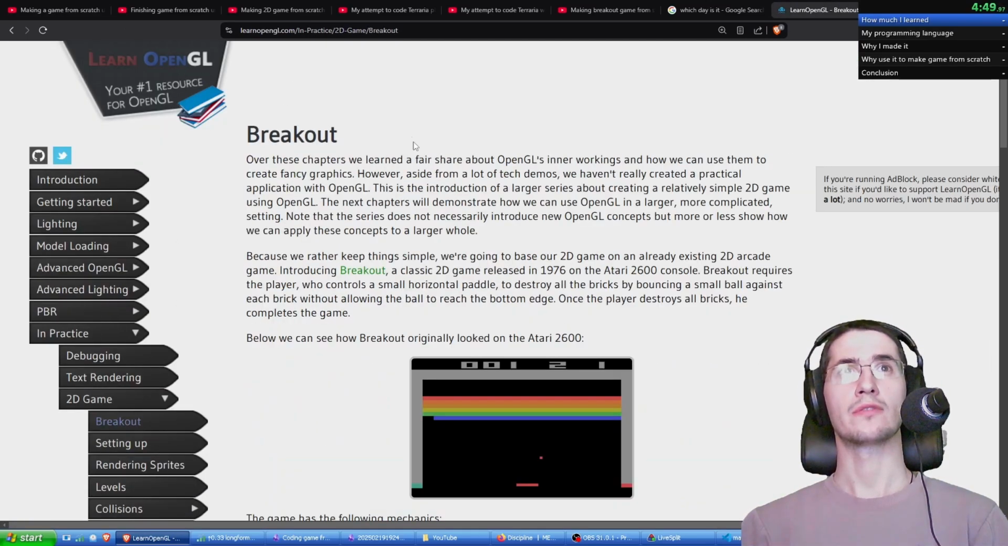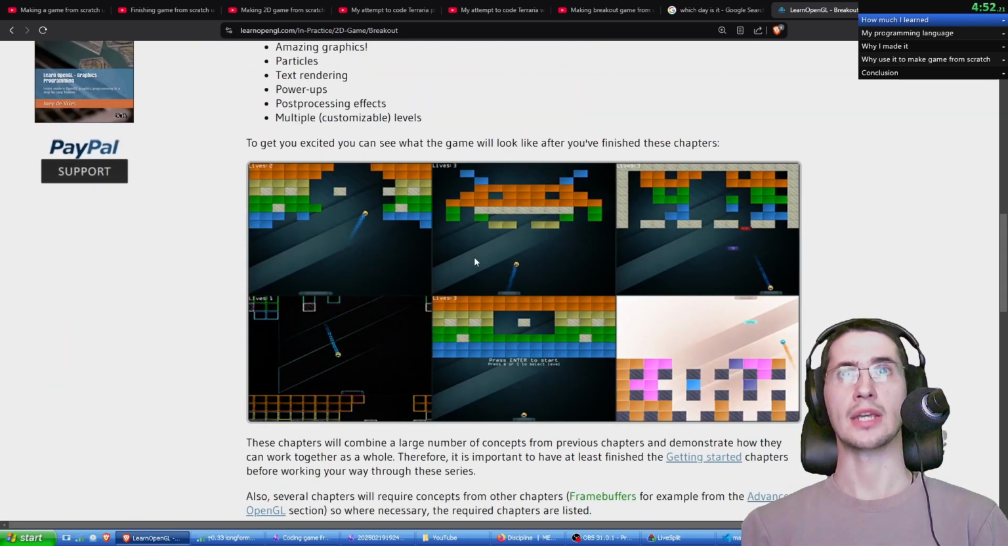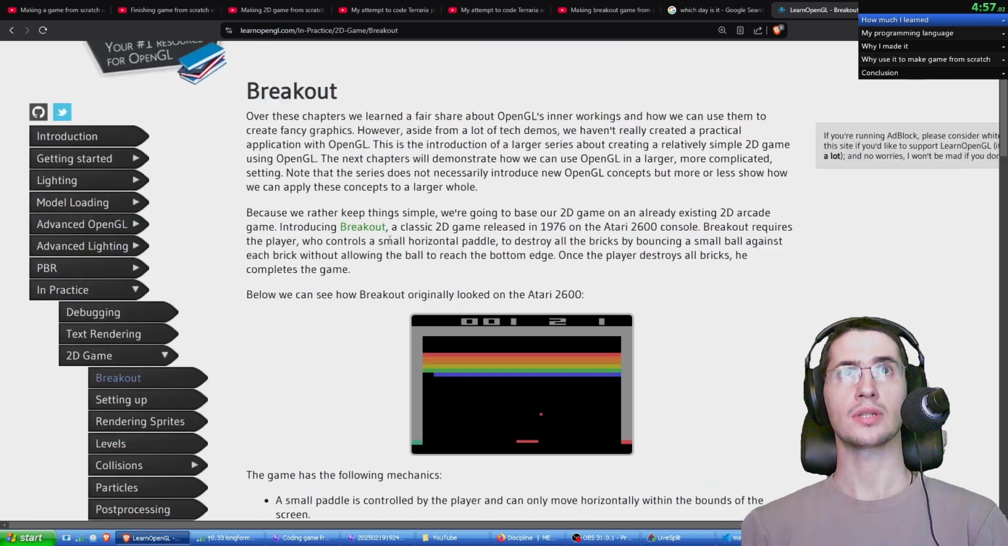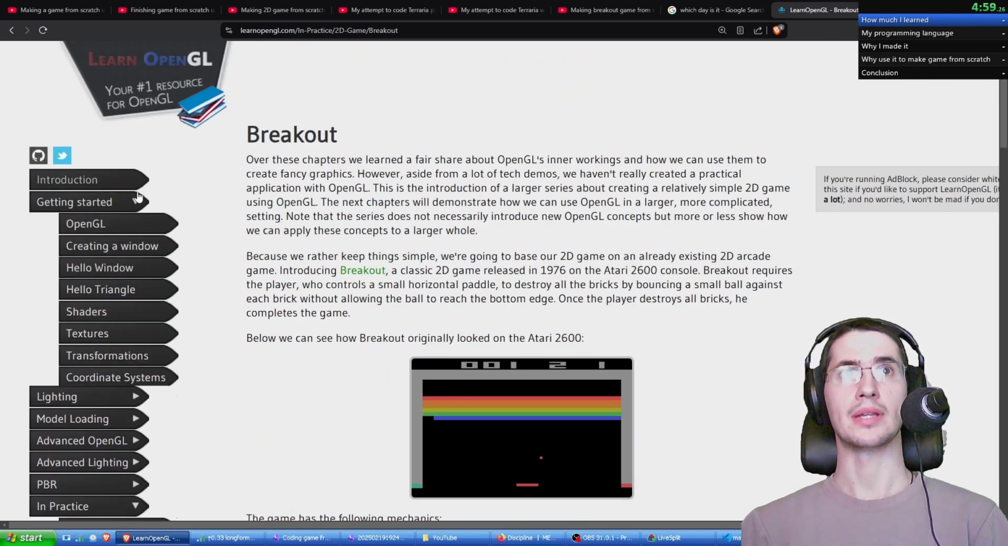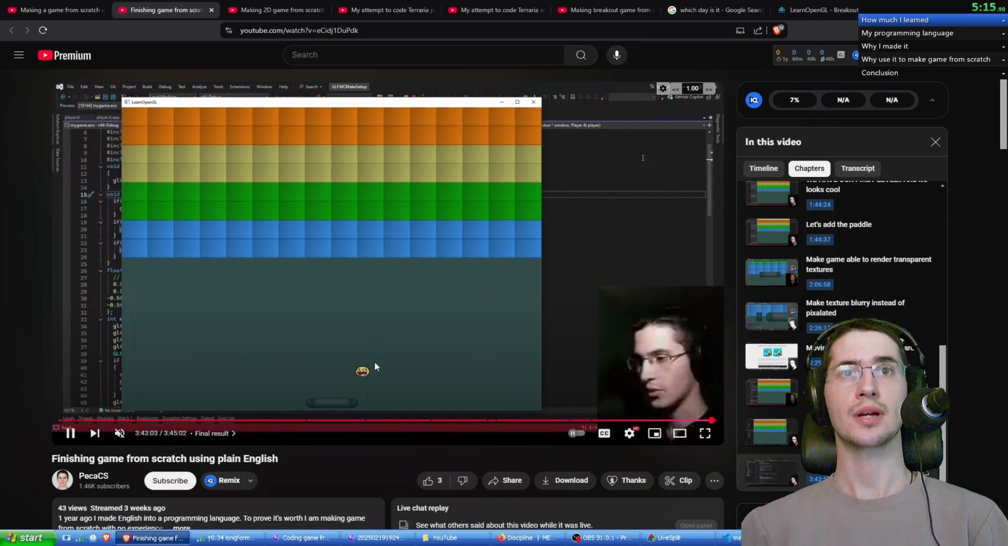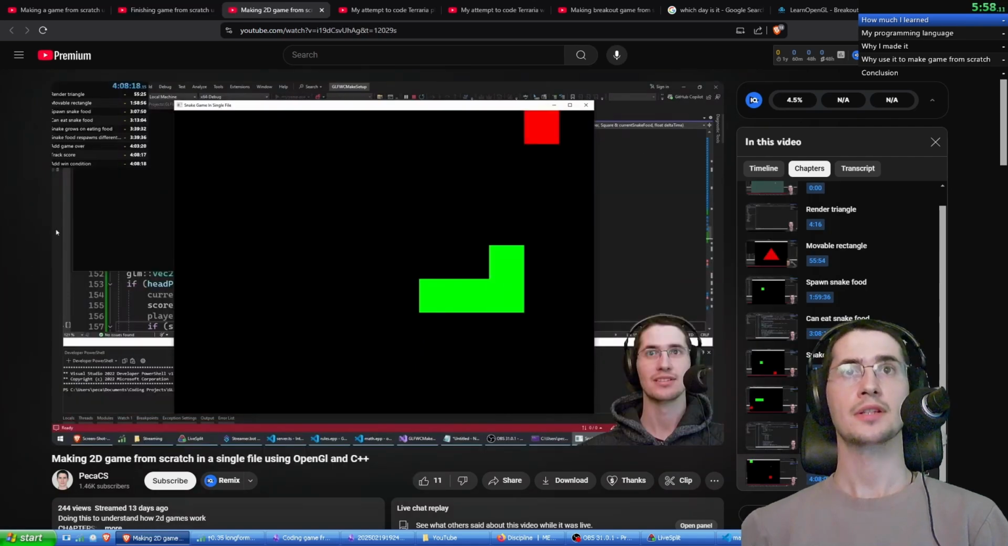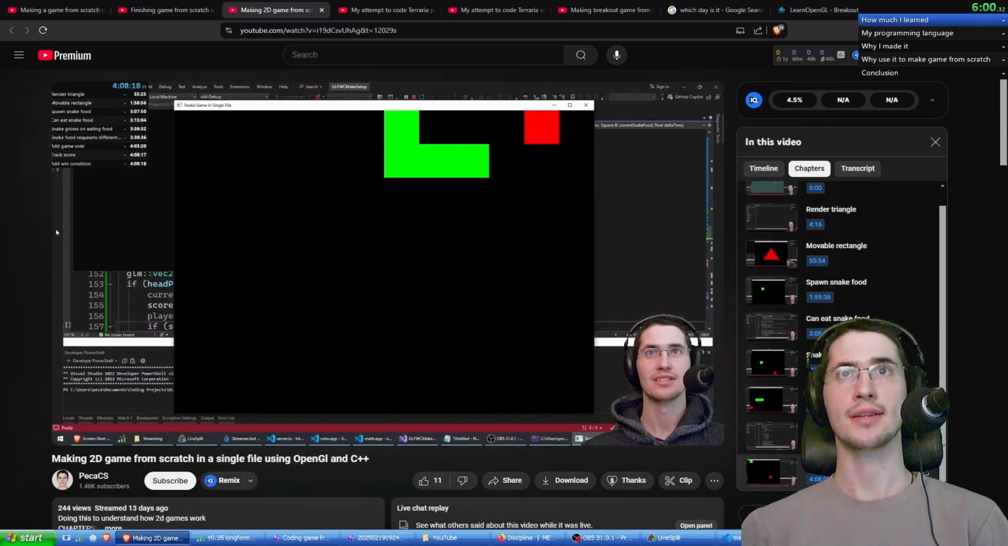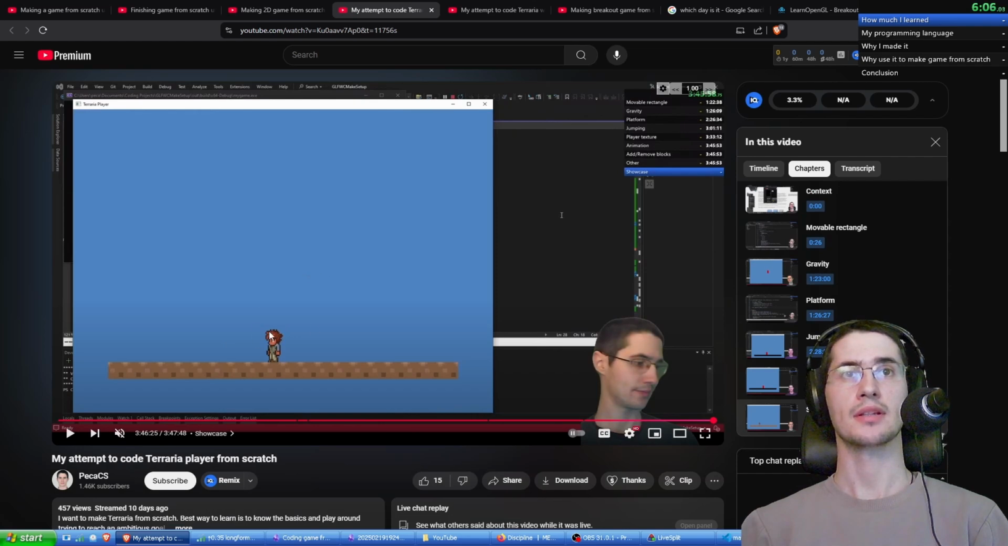because they cover in the tutorial how to make the breakout game, but I decided first to try to make it without looking at the tutorial, just relying on the basics from the getting started section, and this is what I managed to accomplish, just rendering to the screen a bunch of squares. Then the next stream I managed to have the ball moving and a moving paddle, but there was no collision. After that I experimented by making the snake game, then I tried making the player from Terraria, then I tried